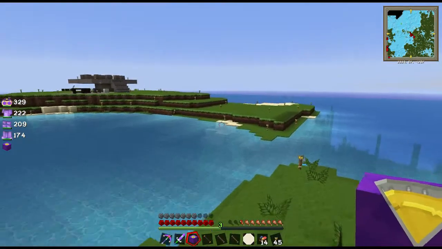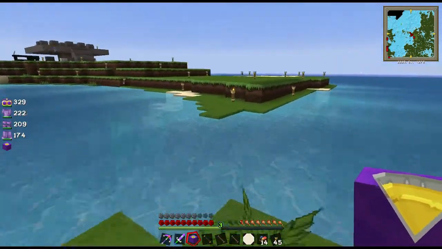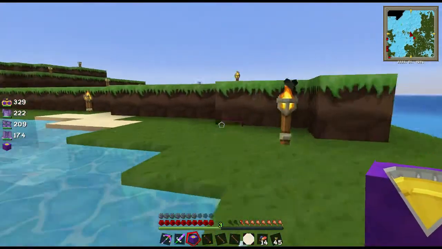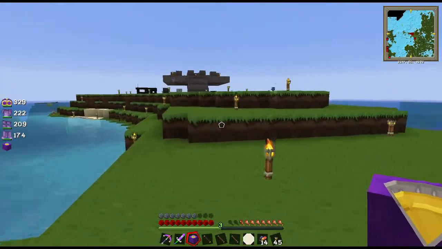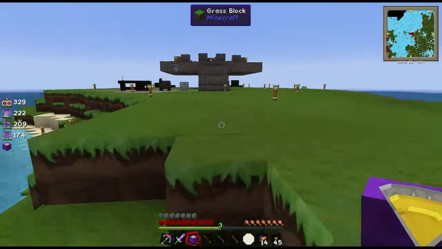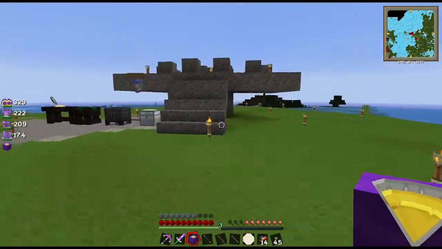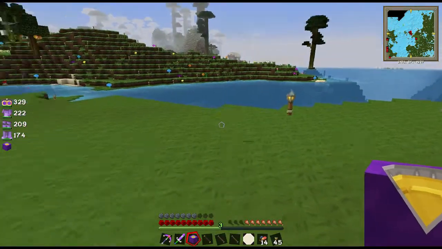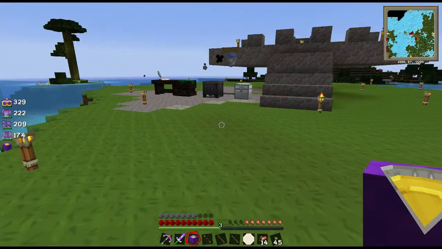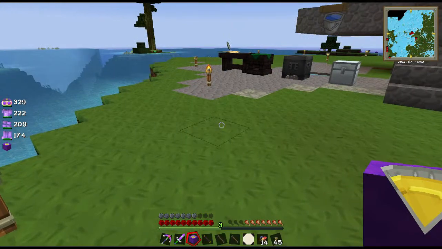So I cleared out this island, and I'm gonna build, I hope it's gonna turn out, a really cool temple over here for the Thaumcraft. And so I just placed this here to get the outline of the actual altar and stuff. And let's get this guy out of the way. Gonna put it...